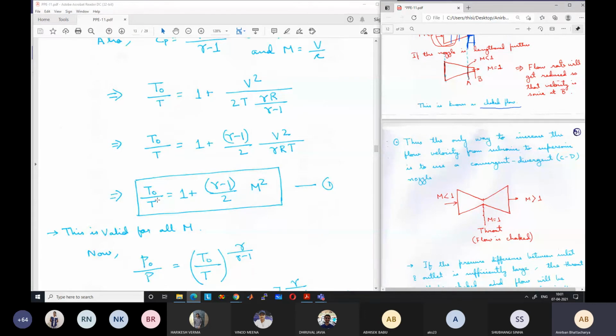C square is equal to gamma RT. Why is this so important? Because for 1D isentropic flow, for flow through a nozzle like this nozzle or any nozzle,